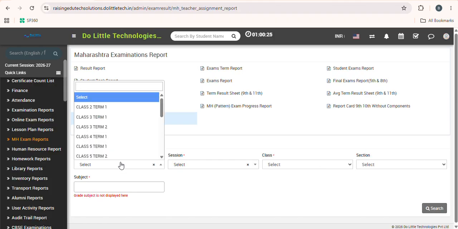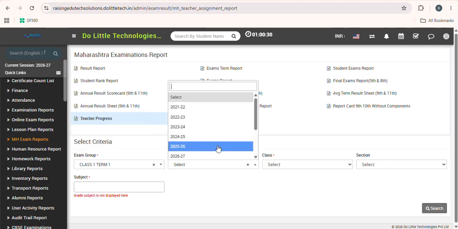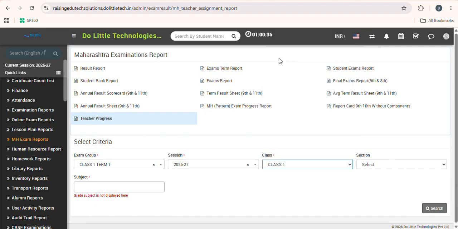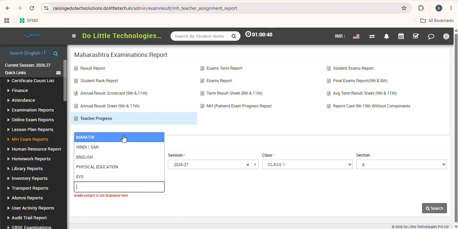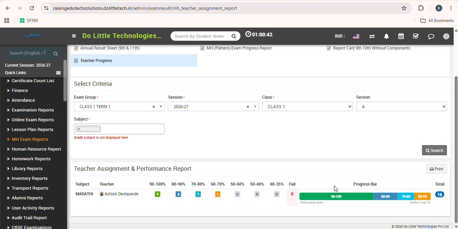Lastly, we have the teacher progress. So along with the students' data, it's also important that we look at the teacher's progress or performance report. So as we can see, the teacher progress report for the Maharashtra exam pattern is visible over here. So we can see that this teacher teaches the subject Marathi, and out of the total strength, which is 16,